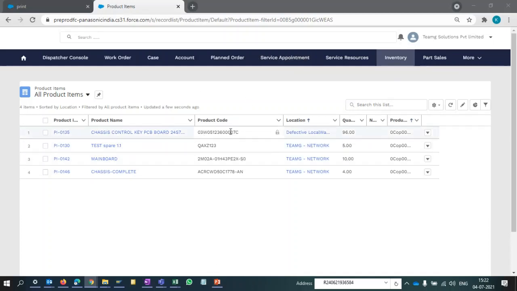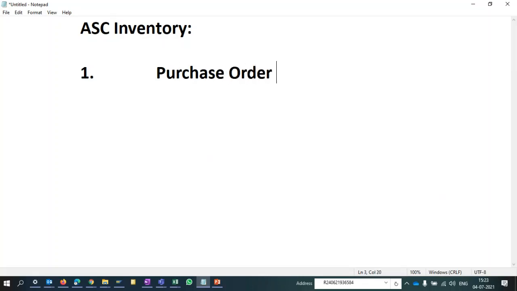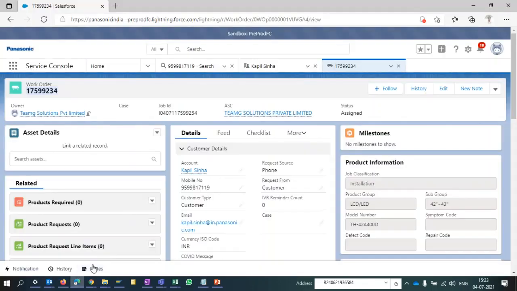So in AC inventory, first we are going to create a purchase order. To create a purchase order, let me go to the AC screen.